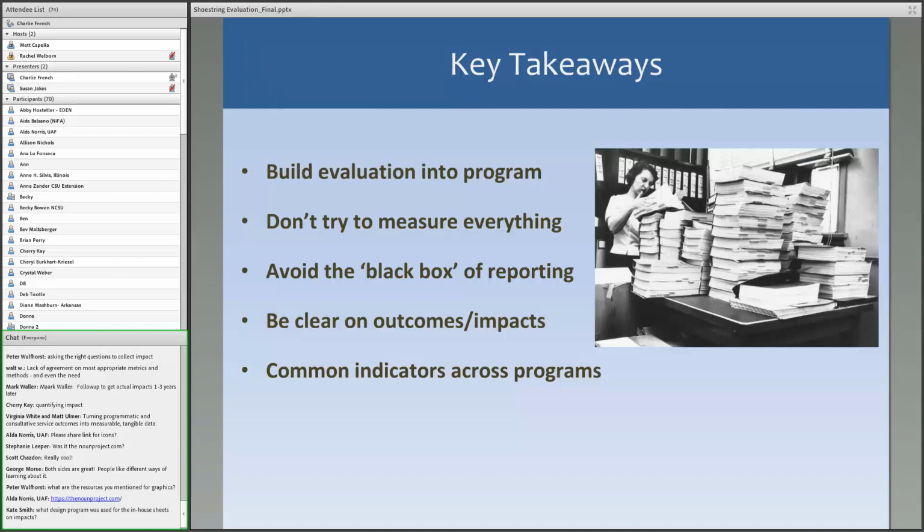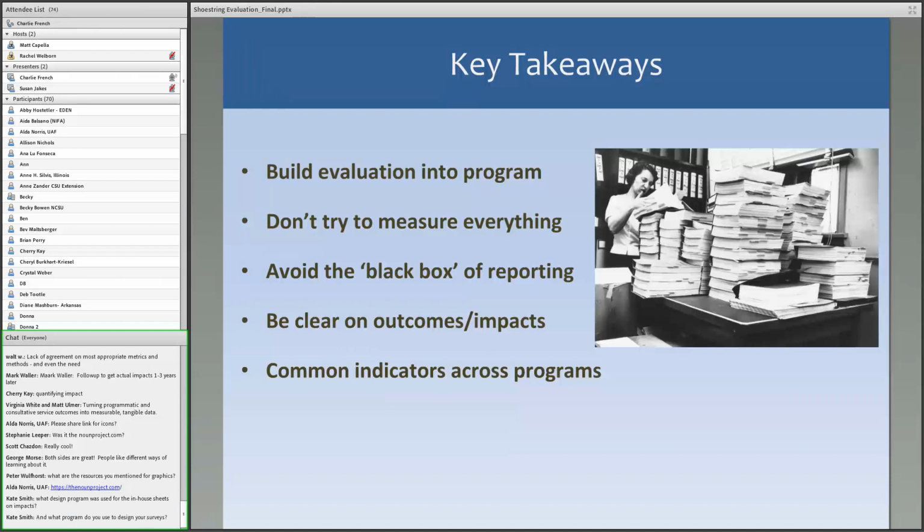And then the last piece that we want to speak to is having common indicators across programs. We have a number of areas of expertise. Each of these areas of expertise are essentially teams that are focusing on specific topics. But oftentimes they have a tendency to each have their own indicators that they're measuring against. And what you end up having within an organization is dozens and dozens of indicators that speak to different things. And that's good, but to the extent that you can build in indicators that span your programming functions is really helpful to be able to tell a larger collective story,